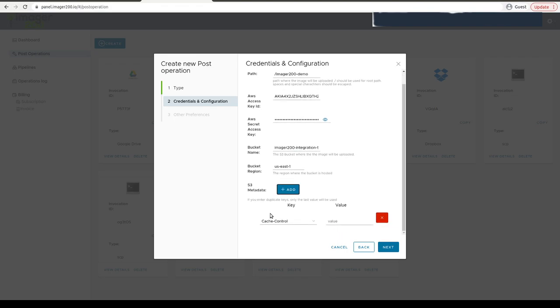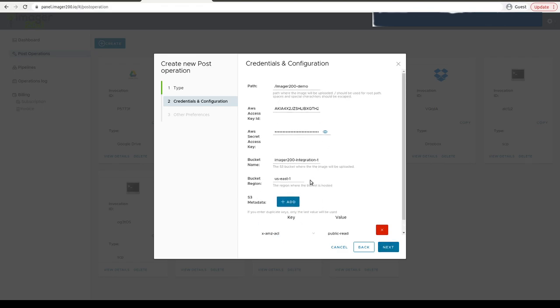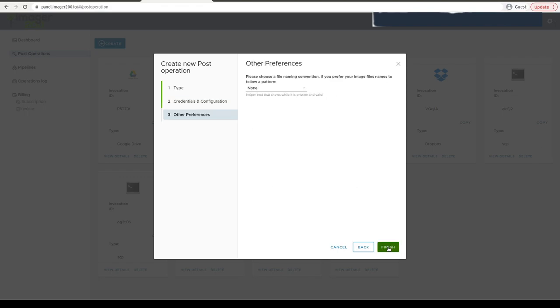I would like to add some metadata, especially the ACL, because we need to access the file right from the command line or from any HTTP client. So I'm gonna call it public read. Not call it. This is by default in Amazon. So these are provided ACLs. With this option, you can set the ACLs, but there are also other provided metadata options. There we go. So we should be ready right now to create our